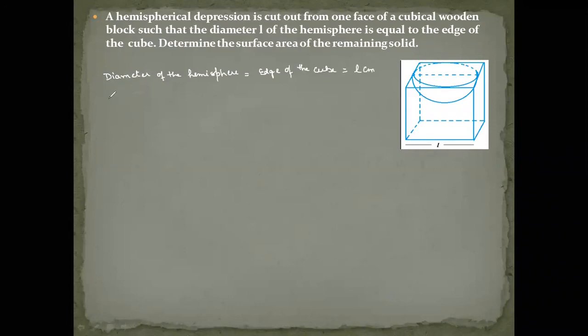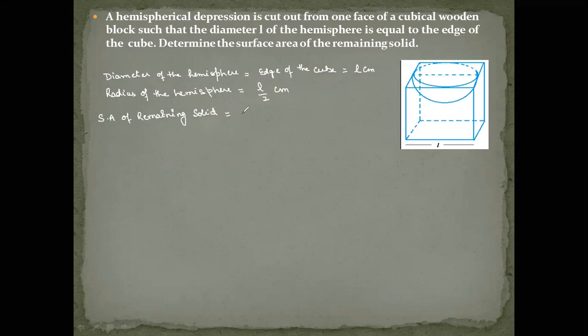So radius of this hemisphere will be L by 2 centimeter. Therefore, we have to find the surface area of the remaining solid. So let us write now surface area of remaining solid,